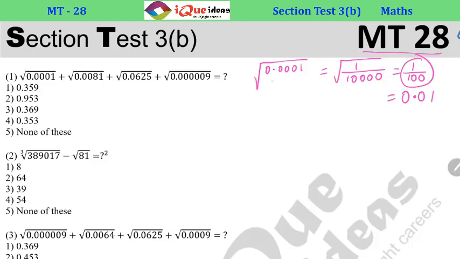The other way to look at it, there are 4 digits after decimal here. So there will be 2 digits in the answer because we are doing square root. Alright. And 1 square root is 1. So it is directly 0.01. This we can use for the others. Let's say for example